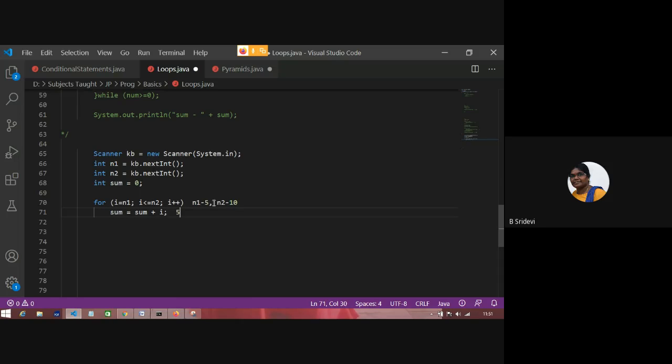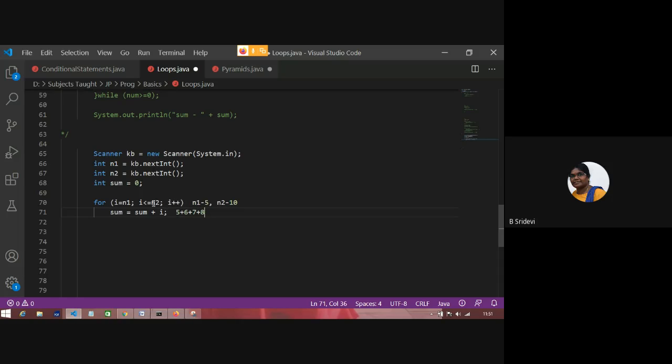Next, I is equal to I plus, that means I becomes 6. 6 less than or equal to 10. So 5 plus 6 is the sum. Next, I becomes 7. 7 less than or equal to 10. Sum becomes 5 plus 6 plus 7. Next, I becomes 8. 8 less than or equal to 10. It becomes this. Next, it will go to the updation I plus plus.